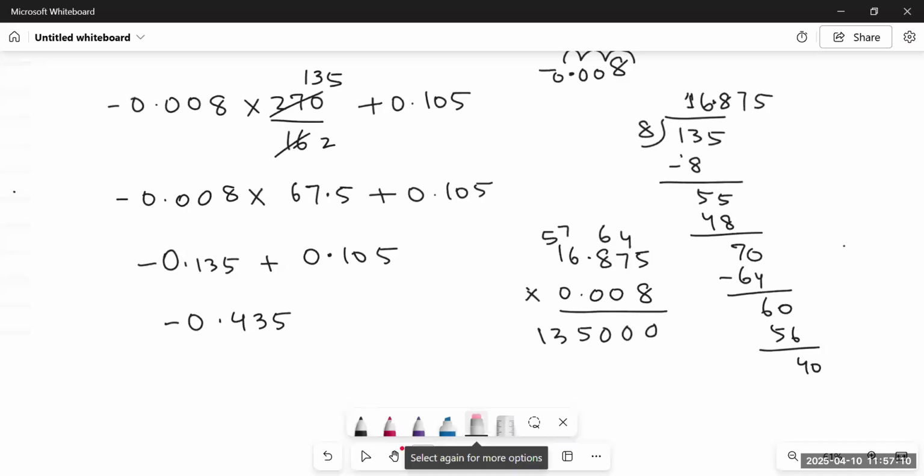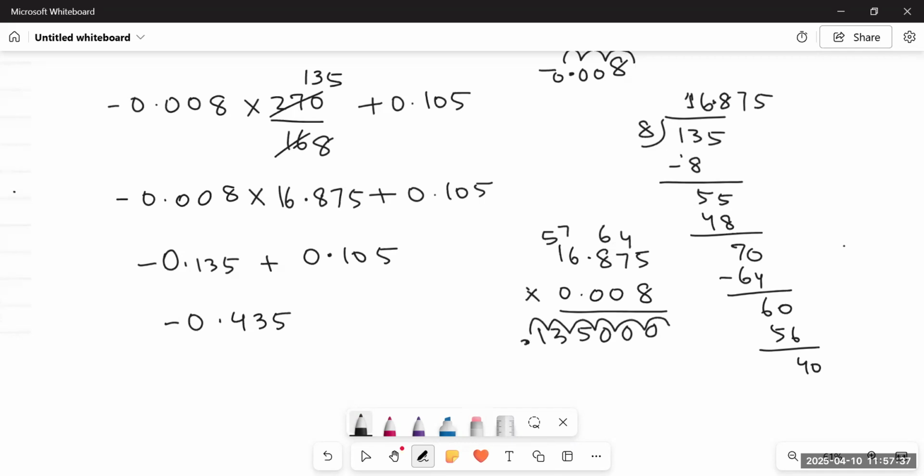Oh, students, I mistakenly wrote a 2 over here. Here comes 8. 2 eights are 16. So we have to write 8 over here. Then we will divide 135 by 8. So the answer would be 16.875. Okay. And when we will multiply 16.875 with 0.008, the answer would be